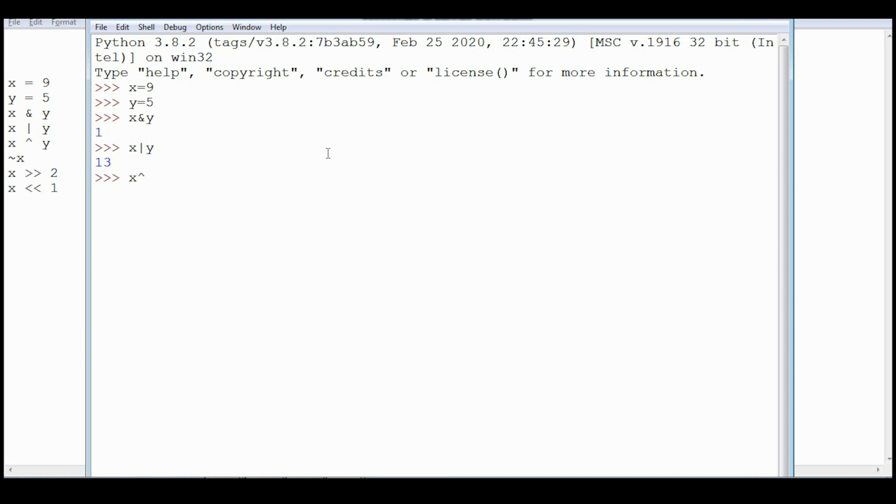X XOR Y. Tilde X. X right shift 2, it got halved twice. So 9 half is 4, 4 half is 2. X left shift 1. It is doubled, 18. I guess it is clear to you what these operators do.